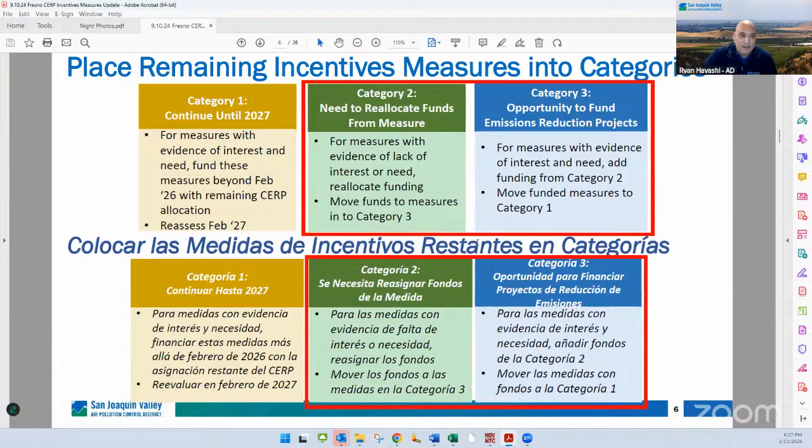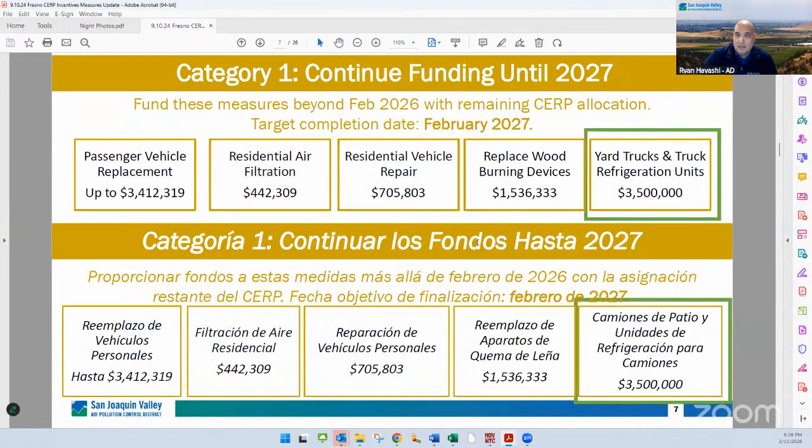So that's reiterating the points that I made. Category 1, these are the ones that we're still seeing a lot of interest in. Passenger vehicle replacement, we still have over $3 million. Remember, this started at over 8 million. So yeah, we're seeing a lot of interest in this, and we're seeing a lot of success in getting people